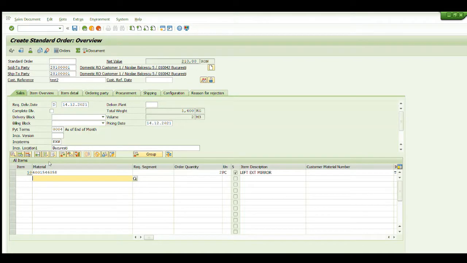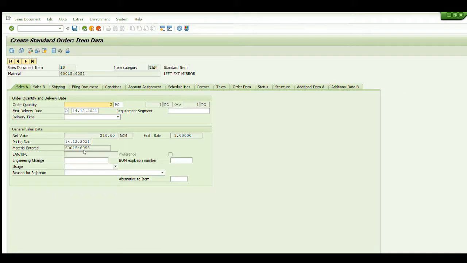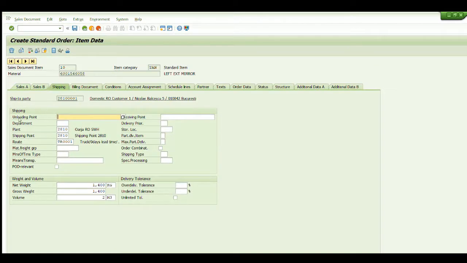Press enter. The system will fetch all the required data related to the material as well as the customer master. Now, where is the delivering plant? We can see it in the sales order here by double clicking the material. It will take you to the item overview screen. In the item screen, you can see many tabs. Under the shipping tab, you can see the plant 2810. So if we maintain the above three points, the system will fetch 2810 automatically in the sales order. This is what plant determination is.